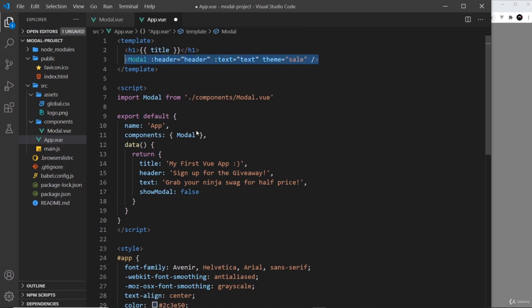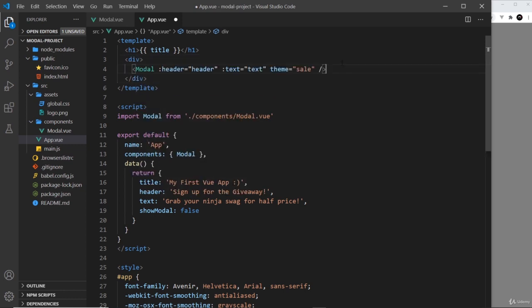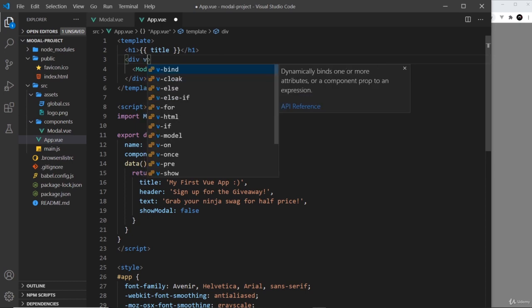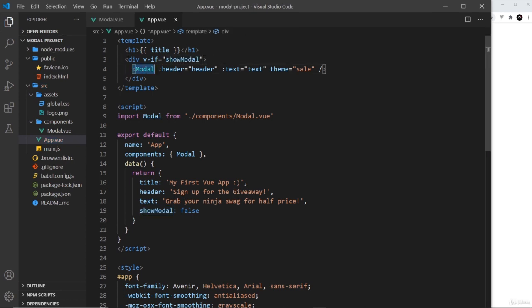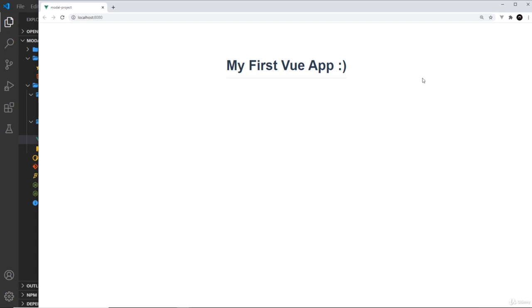So if it's false, we don't show it. If it's true, we do show it, and we're going to do that by using v-if. So let me wrap this inside another div. I'm going to cut it here and say div, and inside that we'll place the modal again. And this time we'll say v-if and set it equal to this property right here. So now only when that is true will this modal show, and we can see over here it doesn't show